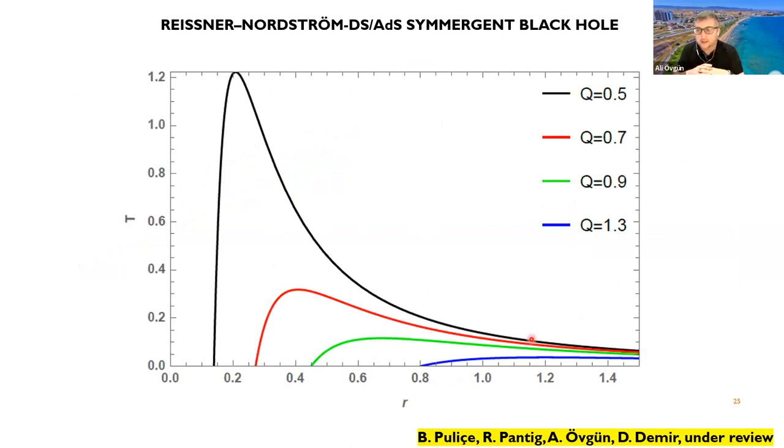Also, recently, with our new paper, which is under review now, we calculate and derive the charged black hole solution in the Symmergent gravity theory, and we also check how this additional charge affects the Övgün temperature. As the figure reveals, the Övgün temperature decreases slowly with the decreasing black hole charge. On the other hand,